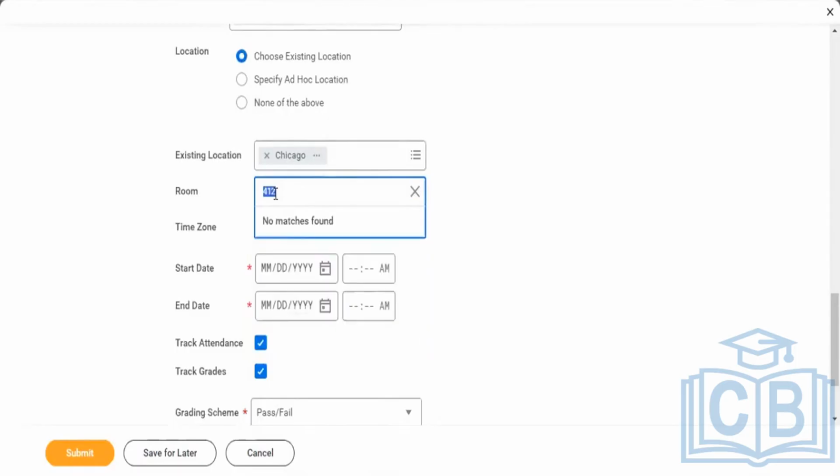Before we go with this, we need to create all the locations and rooms. Before we come here, a brand new location and a brand new room number need to be created, and then we'll call that here. I'll show you how to create a location and call the room from there when you're working. But for now, let me complete the offering. After that, I'll show you how to create a location also.